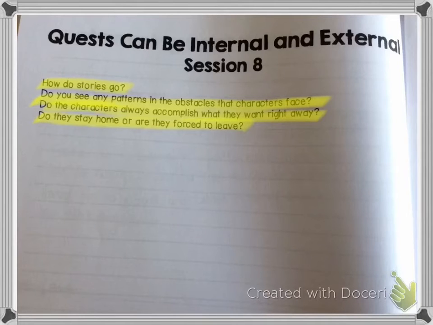Once you know to expect a quest structure, you'll begin to see it everywhere. Sometimes the quest involves rescuing a captive or a sacred object, like in Jumanji. They had to go rescue the jewel in order to save Jumanji. Or how many of you have seen Shrek? Shrek had to go rescue Princess Fiona. Elizabeth in the Paper Bag Princess had to go rescue Ronald.